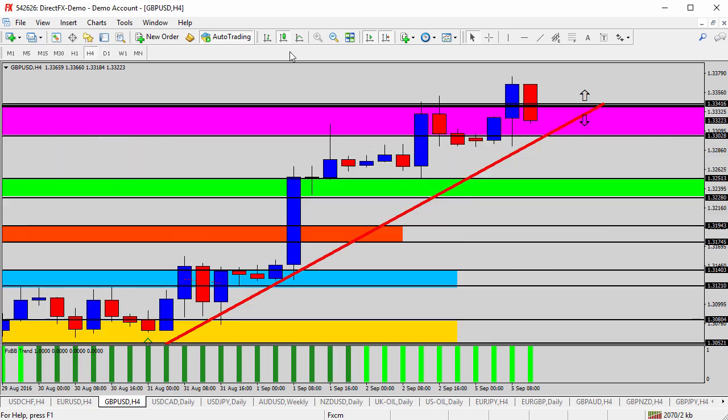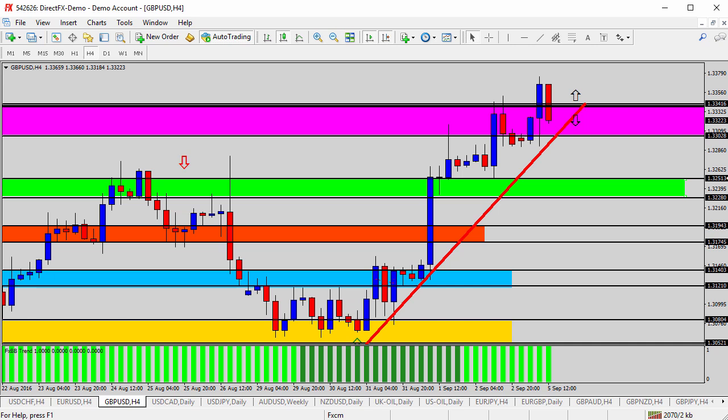Take it down to the 4-hour time frame. Look at the price action we're seeing around this pink zone. A rally, a fall, a rally, and now we're seeing a pretty decent engulfing candle trying to jump back down into or just underneath this pink shaded area. Let's keep an eye on this over the next couple of days. If it can break back underneath this pink shaded area, I think we're looking for a reversal once again for